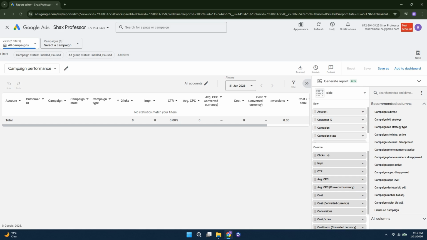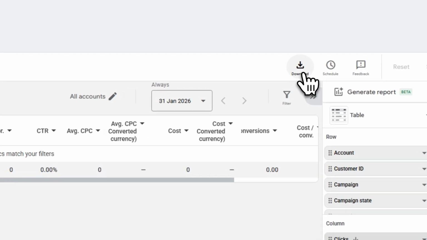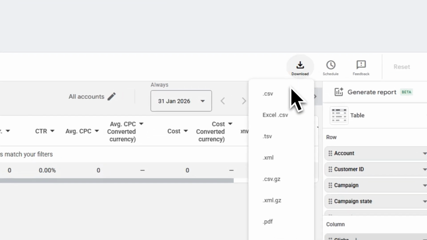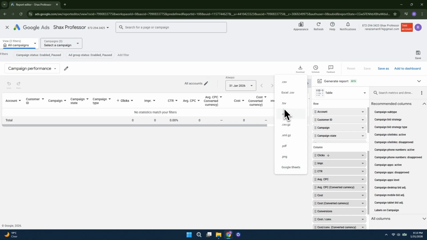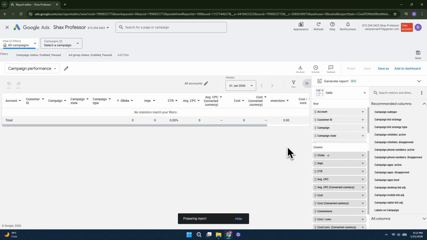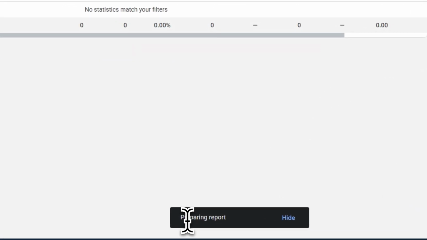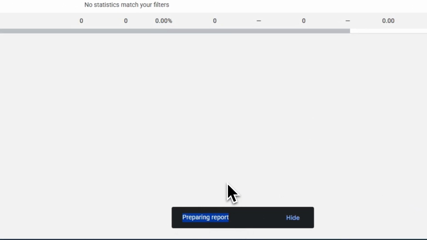When the report is open, look at the top bar and click Download. Google Ads allows you to download your report in many formats. Select your preferred format. After clicking Download, Google Ads will prepare the file and your browser will begin downloading it